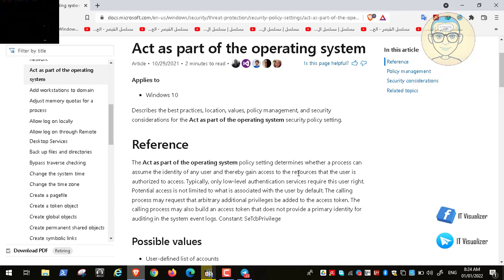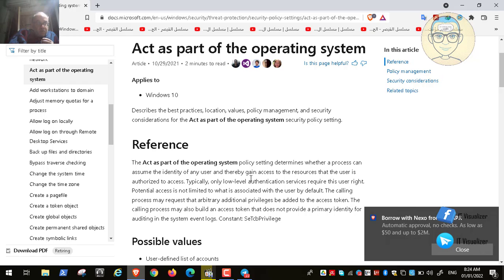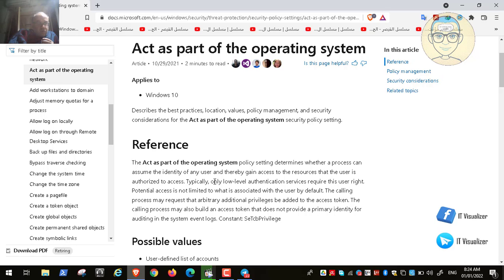Basically this is very clear. It seems that this right gives the user authorization to access system resources. I don't know specifically what these resources are, but in general it's talking about resources to access in the system, something related to the system.